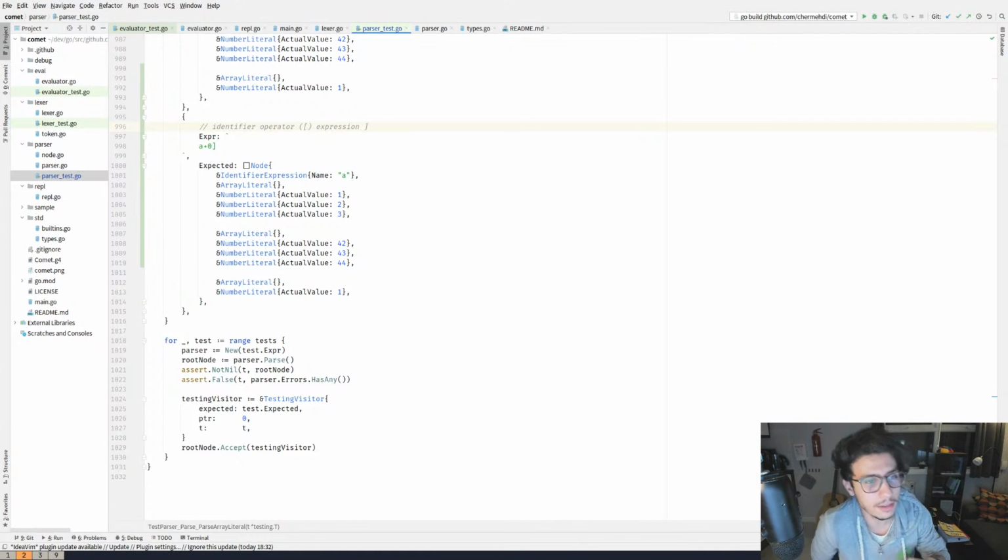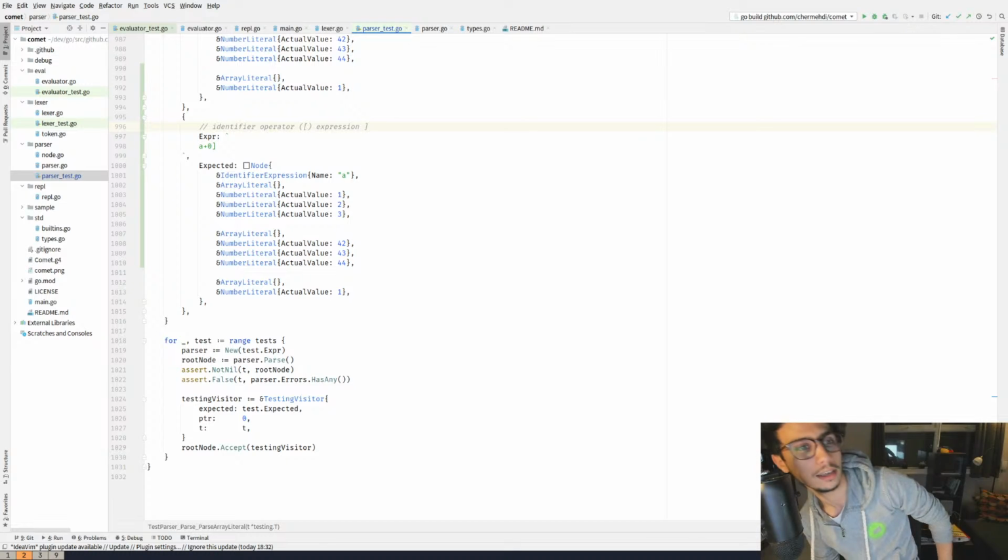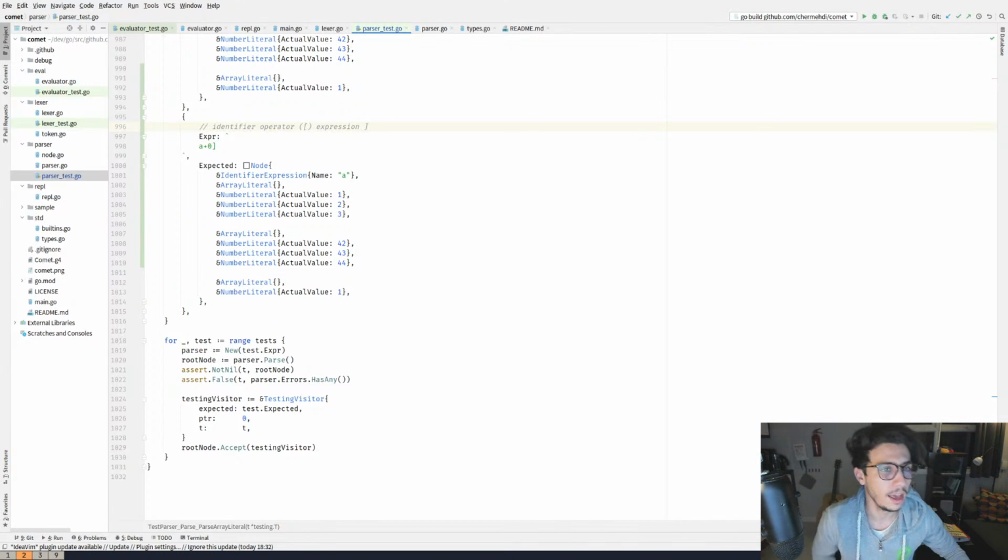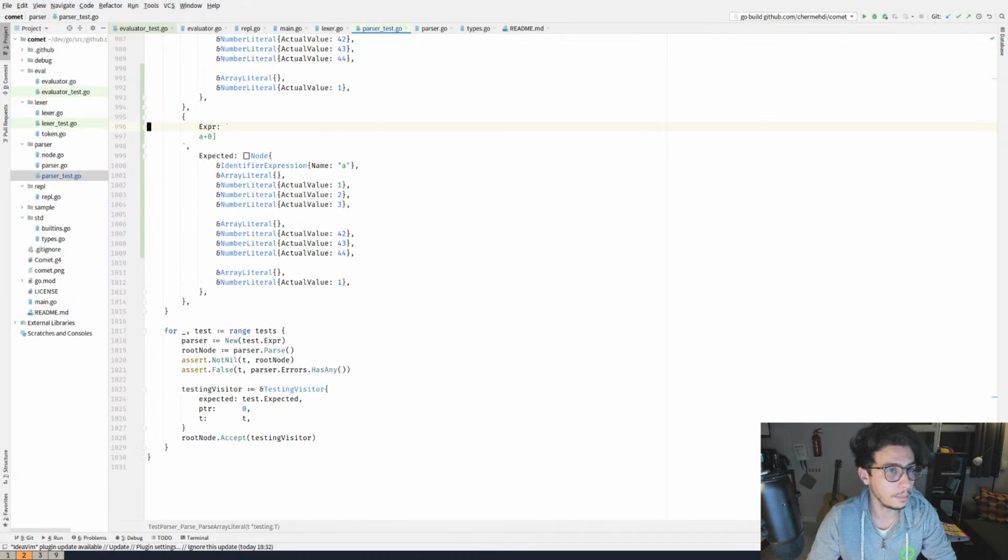I didn't just think of this. I thought about it when starting to implement arrays, and I thought it would be a good idea to implement this in a very simple fashion. So I think I'll go with this approach, and if it doesn't work, maybe we'll make some tweaks. If chat has any suggestions, feel free to send them via chat. All right, in the meantime, this is what I'm thinking.